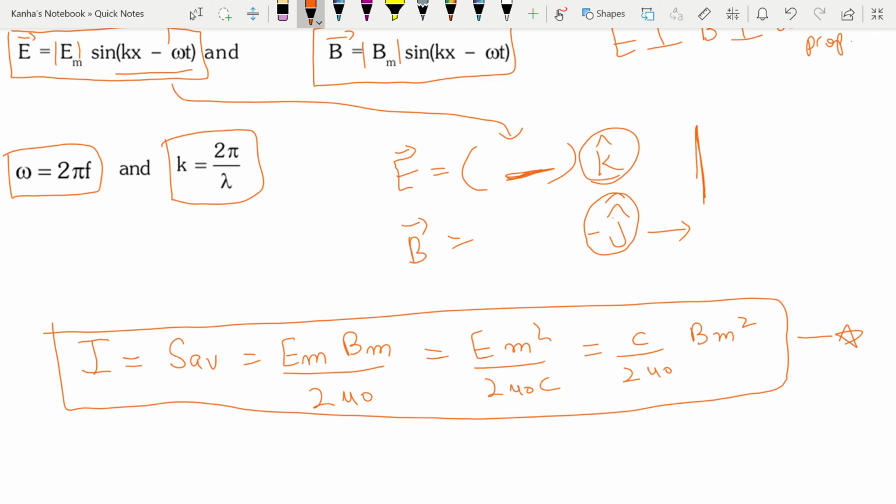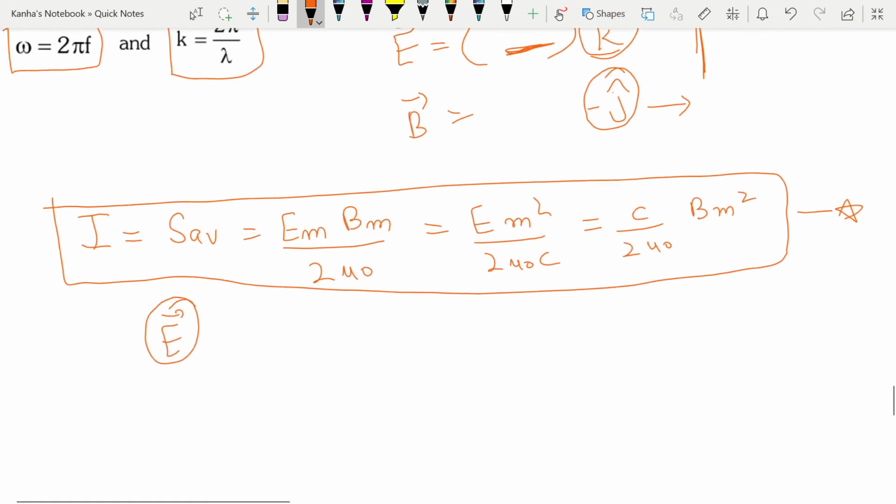You should also remember that these are normal waves, so they will also follow the superposition principle. Okay, and when it comes to the optical effects, you should always look out for the electrical vector of the electromagnetic field. So electrical field will also be called the electrical vector or the light vector. Okay, so this vector is important because this will often come in the chapter on wave optics.